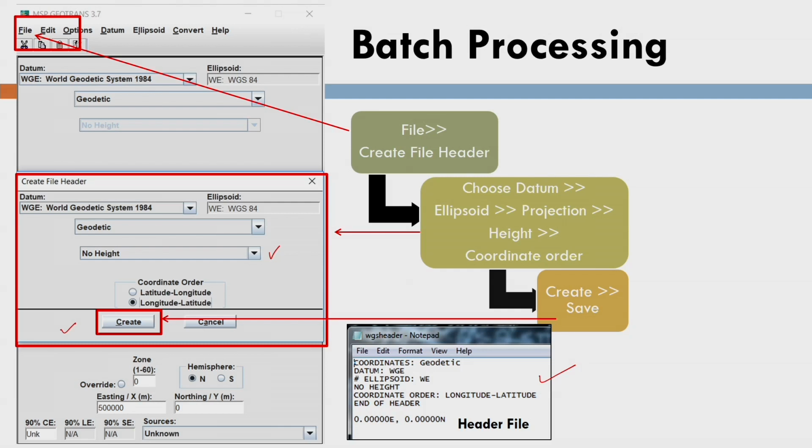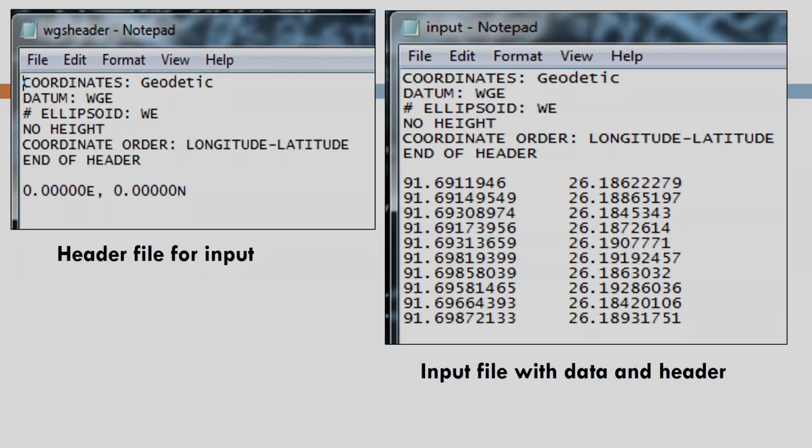The procedure is the same, and there you can see this is my order which I selected here, that is longitude and latitude, and it is mentioning no height. That means we do not in fact need the height. However, it is saying geodetic coordinate system, it is a two-dimensional geodetic coordinate system, what we call the geographical coordinate system. So here we should be careful that this software is using the word geodetic with no height to indicate the 2D geographical coordinate system. So this is the header file for input, and once I populate the header file with the data, it will look like that.